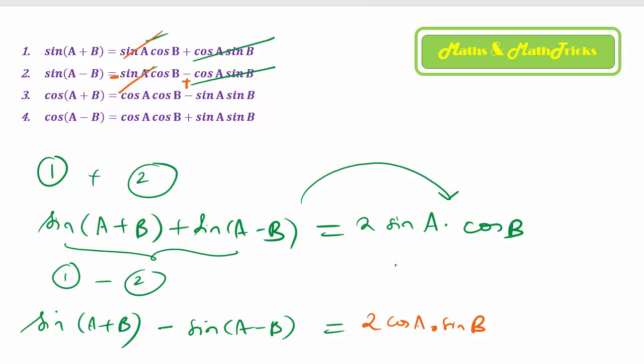So you have to understand this and remember this formula logically: when you add sine of a plus b and sine of a minus b, the sine compound angle formulas, you will get twice the first term in the compound angle formula of sine. Is that all clear? And when you subtract sine of a minus b from sine of a plus b, then you get twice the second term in the compound angle formula of the sine function. Alright, so we have established two important formulae.